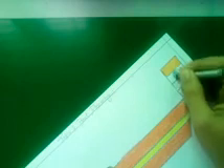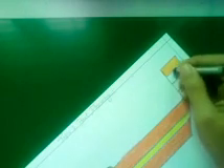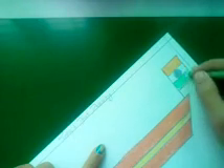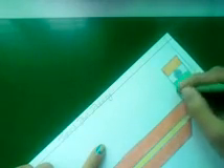Then for the Ashoka Chakra, we are going to use blue color. And for the down section, we are going to use green color. See, just like this, our flag is also done.